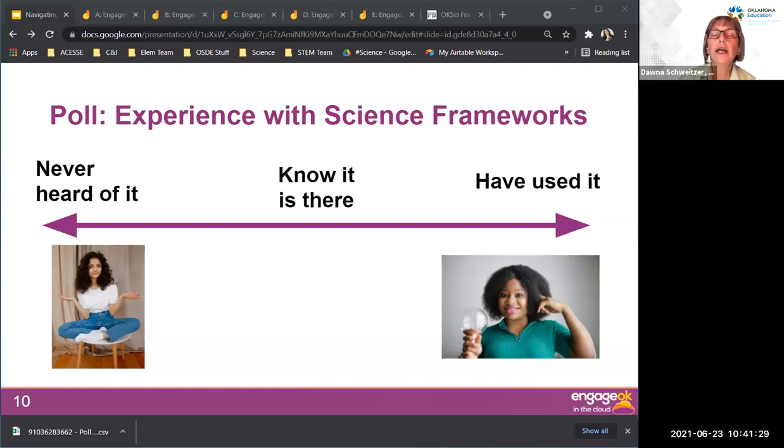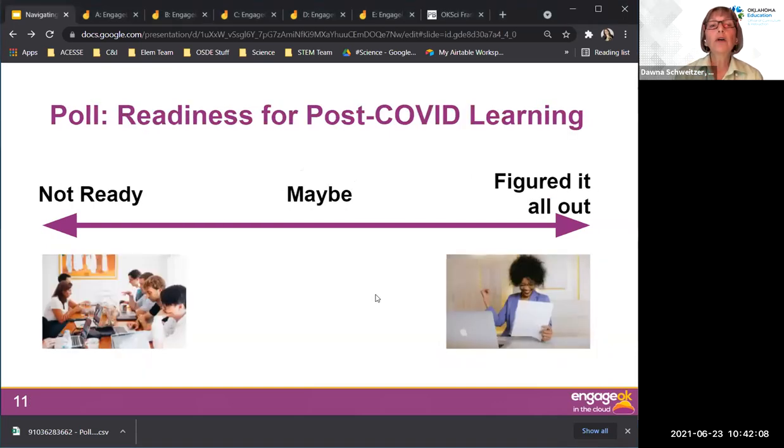Okay, so it looks like about 10% of us have never even heard of them. So today, hopefully, you will understand their location and how they're used and get some new insight to that. A lot of you know about them but have never used them. And then it also looks like a large number of you have actually used the OK Science frameworks. And it is a link on the OSDE page, and it actually takes you to an external area where those are housed. So we will kind of talk a little bit about that today as well. But again, welcome. And I think that you will be excited about some of the things you're going to see today.